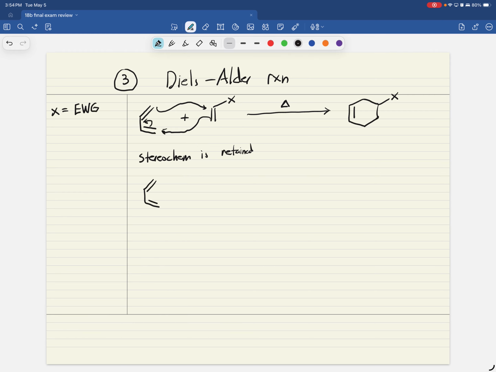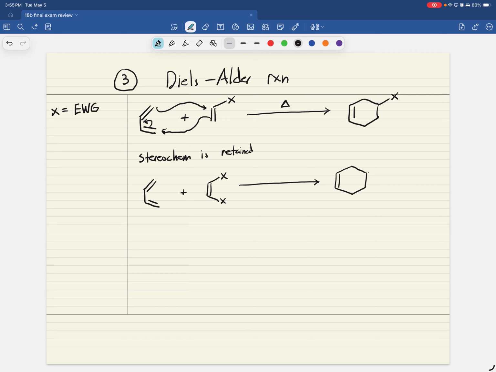So if you see an alkene and a diene, and all you have is heat, you should automatically think, okay, Diels-Alder. That's all you should think about. You should not think about SN2, E1, E2. None of that really happens. You're going to get a cyclohexene,